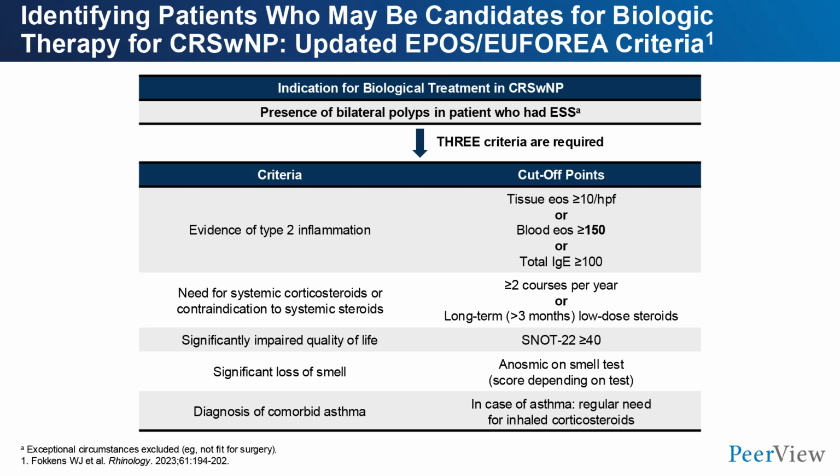I saw that woman in 2019, 6 years ago. She just got admitted last week. I was on call to our ICU with angioedema and other stuff, and thank goodness I had sent her to Kevin. But so according to Euphoria, you should have bilateral polyps who've had surgery, and then 3 criteria of the